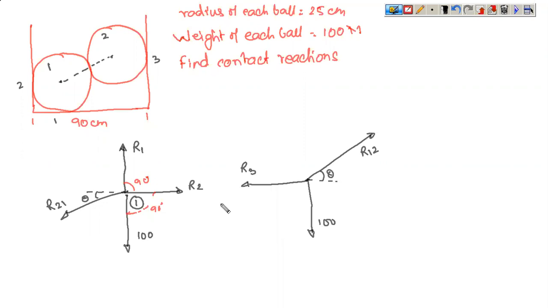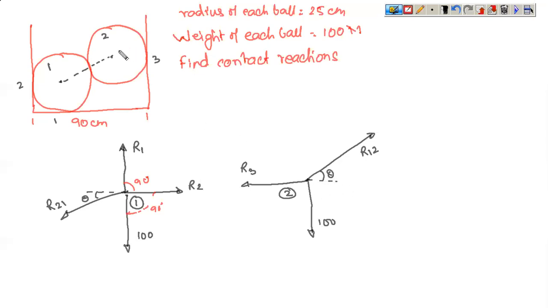Why do we need to find out theta? Because if you don't know theta, you cannot solve ball 2. Because if you look at ball 1, you have 1, 2, 3, and 4 unknowns. This is a coplanar concurrent system. You cannot find out 4 unknowns. So this ball cannot be solved. If you come to ball number 2, you have 1, 2, and 3 unknowns. Again, this cannot be solved. You need to find out one of the unknowns through any of the other methods. So we need to find out the value of theta.